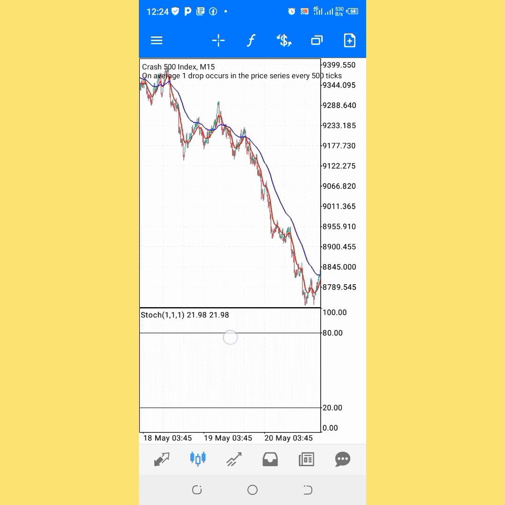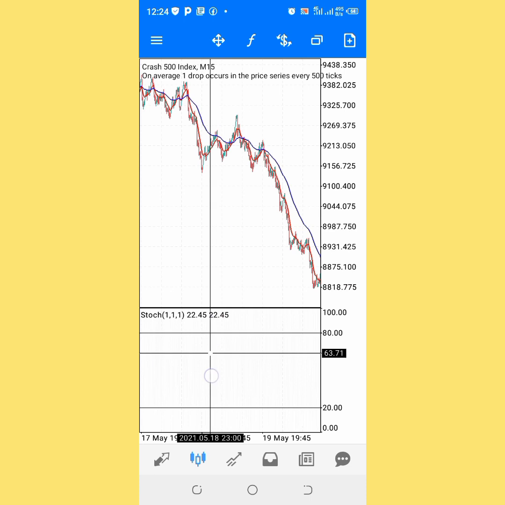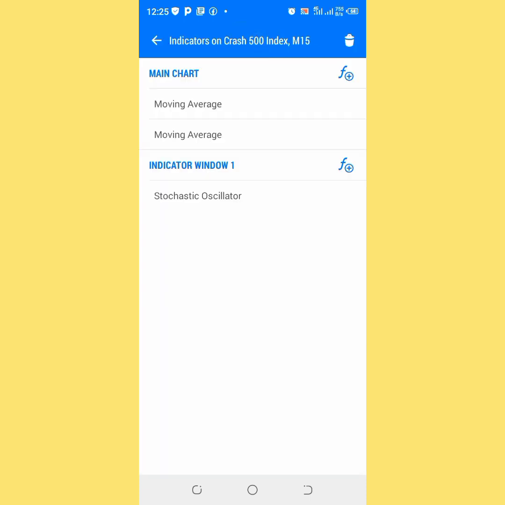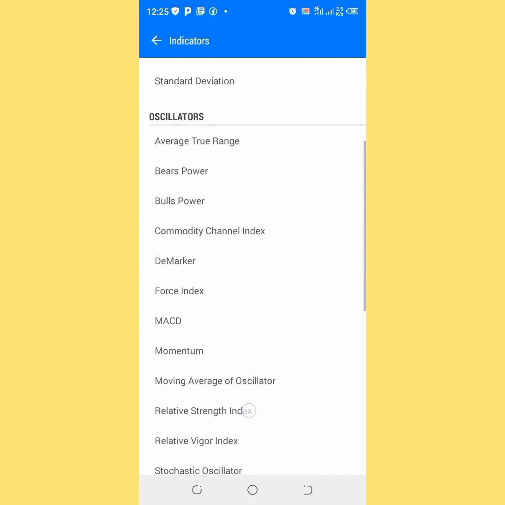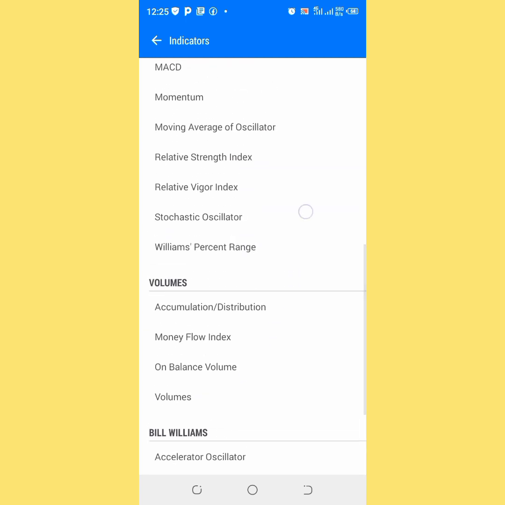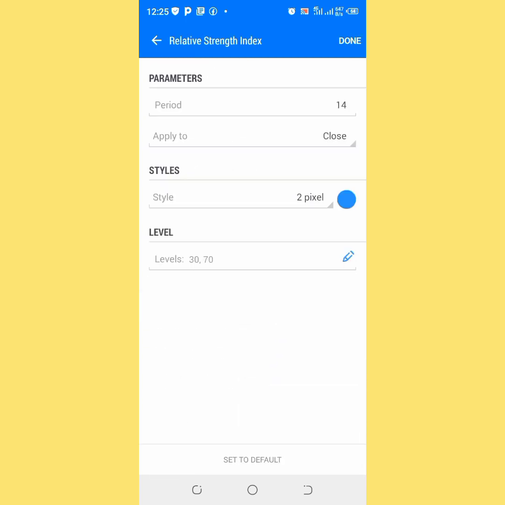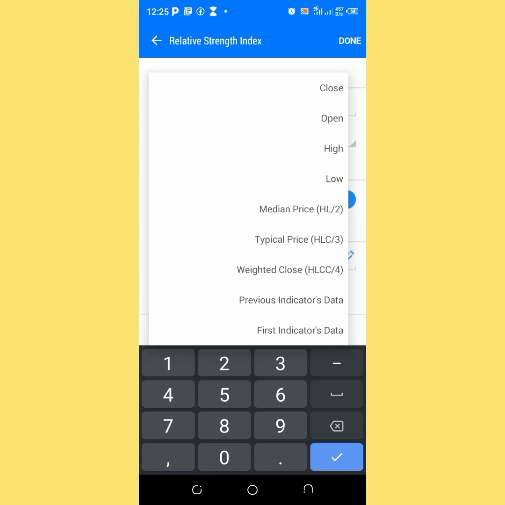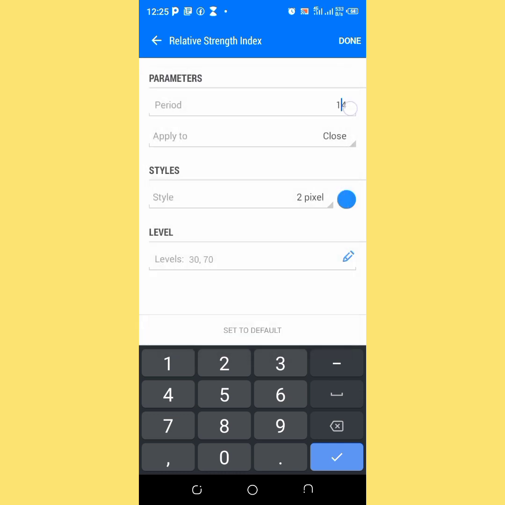All right, you can see this on my chart now. The second window we're going to have in this same range, because we're having 2 windows here. The second window we are having on our indicator window 1 is the relative strength index, which is also known as the RSI. So the period of the RSI